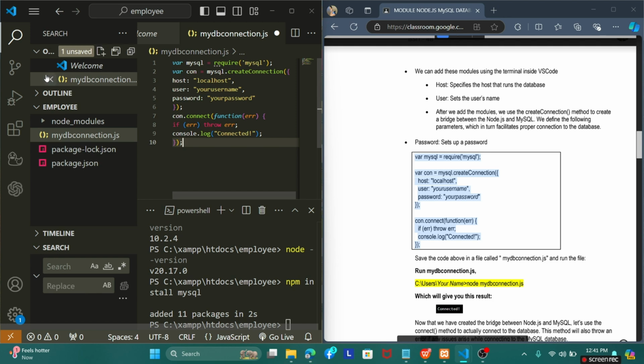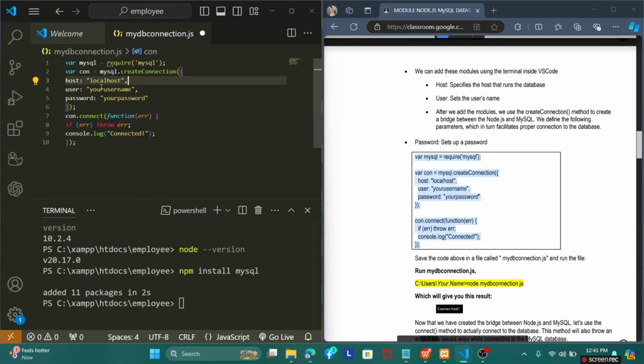As you can see here in the code, there is the host, to specify the host that runs the database, which is the localhost, and